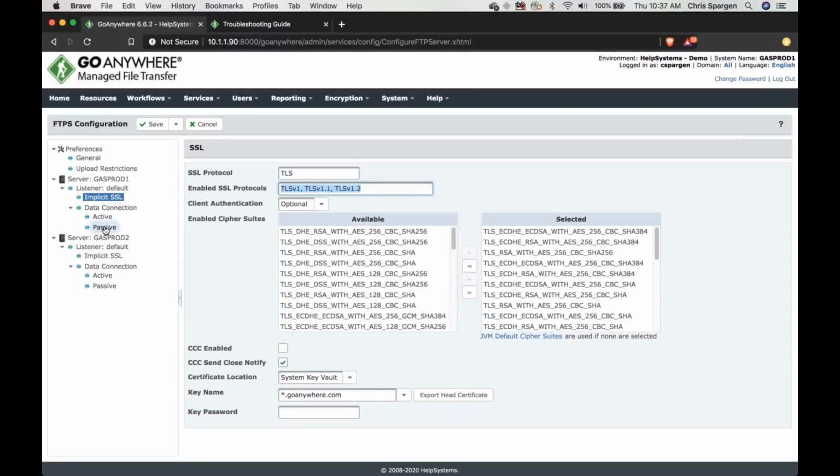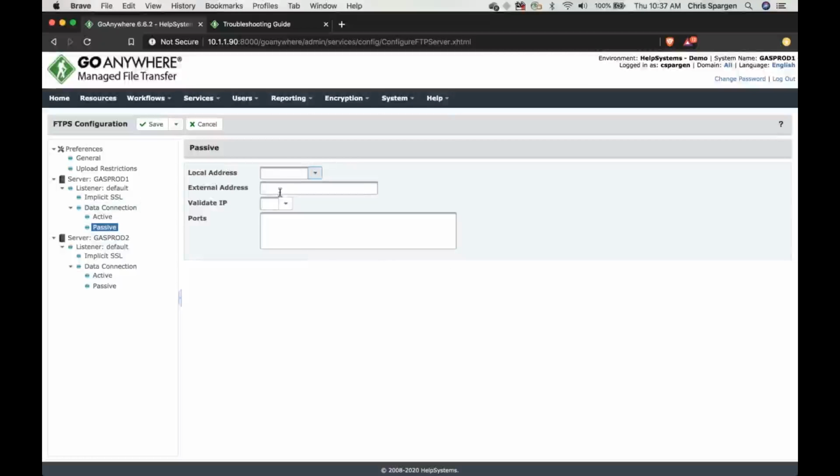The other important thing to keep in mind here is this passive range. Now, by default, we have a 2,000 port range from 30,000 to 32,000. That's why this is currently blank, is we do have some defaults in place. But whatever you specify in here, you can define this field as you need to. So if you wanted to, let's say,